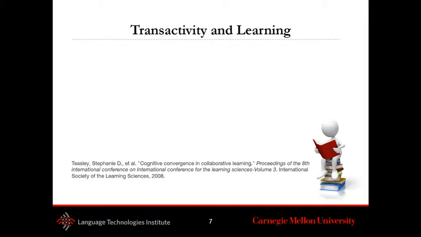So we didn't invent this construct of transactivity. In fact, constructs like transactivity show up in virtually every theory of learning, but the construct of transactivity specifically was framed within a Piagetian learning paradigm where it's connected in a way to the construct of cognitive conflict. Now, cognitive conflict you can't see. That happens in someone's head when they experience that there's a gap in their understanding. Transactivity has sometimes been referred to as sociocognitive conflict. It is a kind of conversational event that can act as a trigger for cognitive conflict.